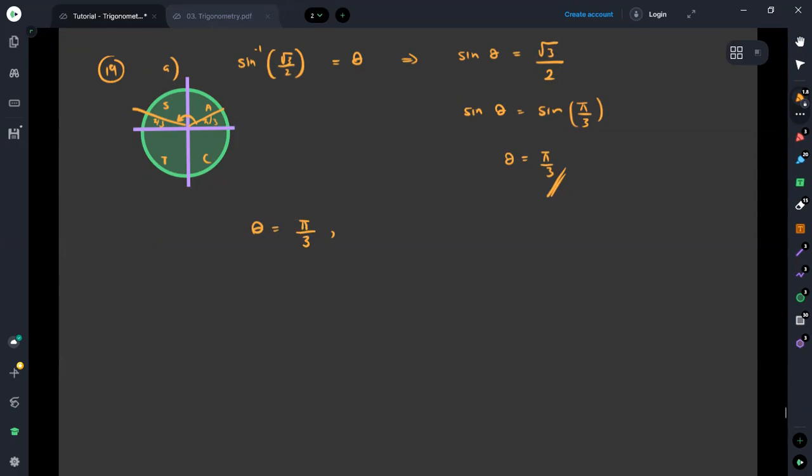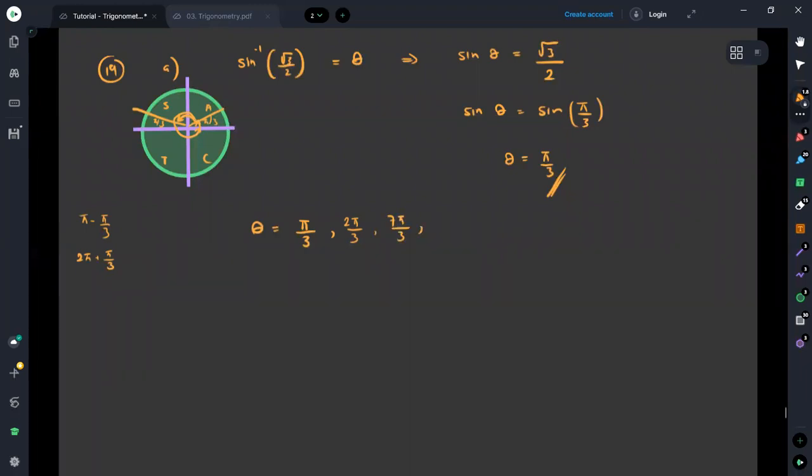Then it can have the value of phi minus phi over 3. It is because we have come up to this end. Then we'll get this value as 2 phi over 3. Then if you come up along this axis up to this 360, it is 2 phi plus this quantity. Again we are getting the same angle. Then 2 phi plus phi over 3. Therefore the next value is equal to 7 phi over 3.